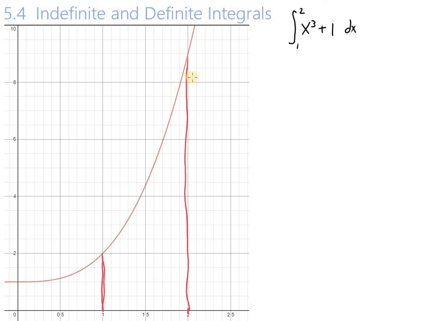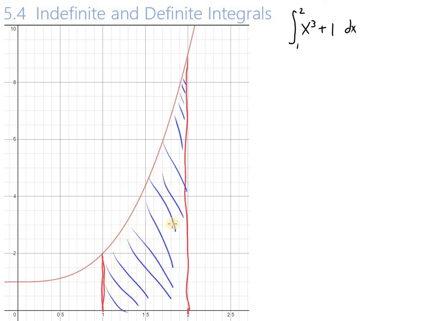So we're talking about this area right here. And when we work that out, we'd be getting the area of this blue thing. So when we go ahead and work this out, we do recognize that x cubed plus 1 has an antiderivative or an integral of 1/4 x to the 4th plus x. The derivative of that would be x cubed plus 1, and we're trying to evaluate that from 1 to 2. So we plug in 2,